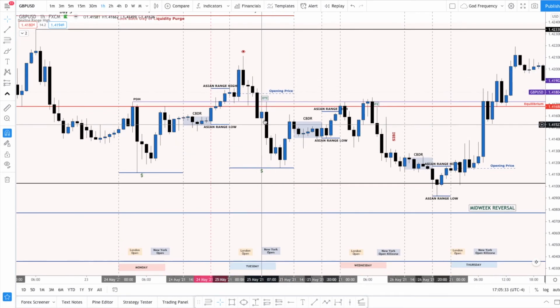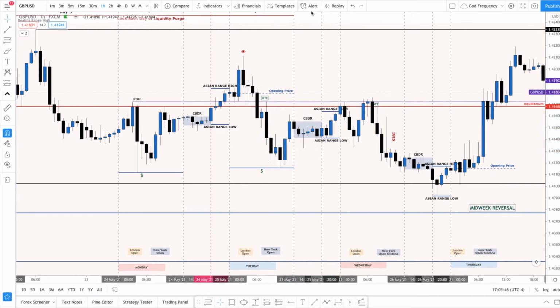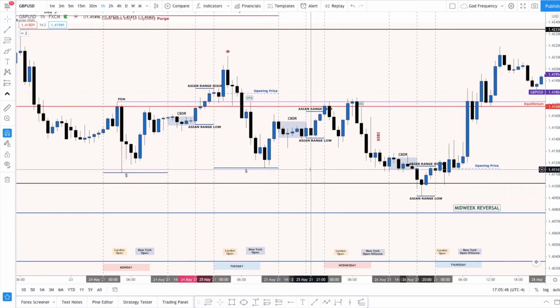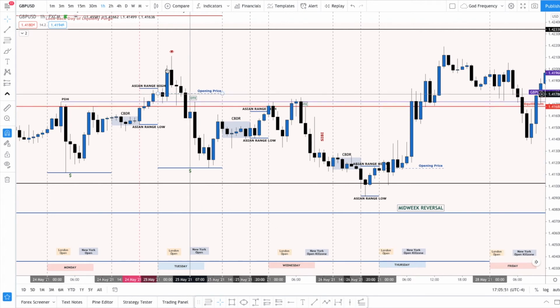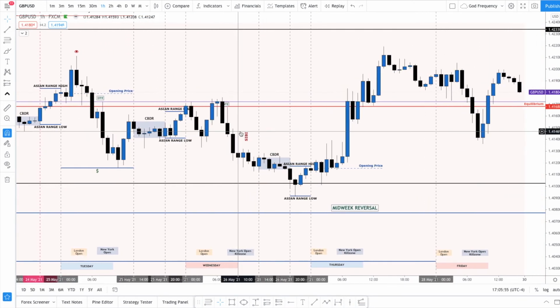I took a second position here during New York. And all I did was just use the fibs, and I just went from that high to that low. Got a 62 right there. Boom. Okay. So I had two positions running, and I typically try to get three positions on one trade for the week.